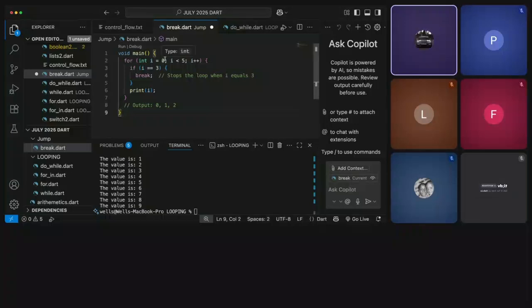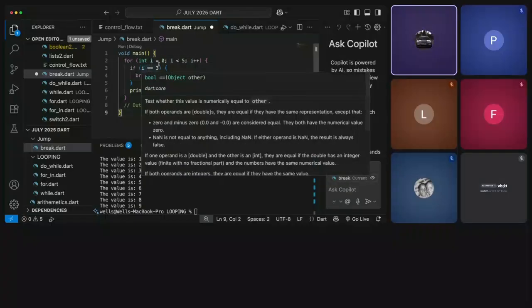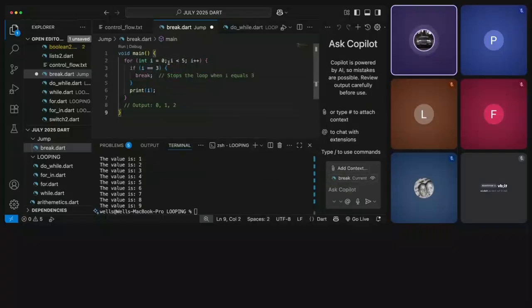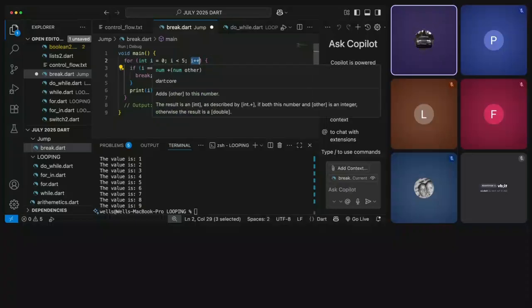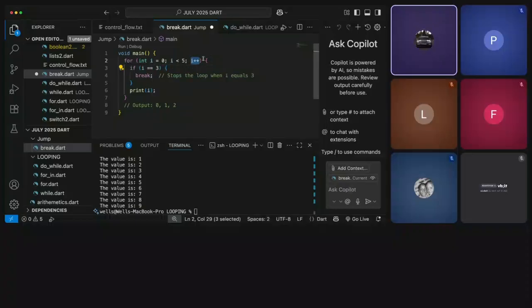Now here, this is a for loop basically, and it starts with i. You see, in our initializer, tumeset the variable i to 0, si ndio? Alafu coming to our condition, tumesema i should be less than 5, and then we're going to have an increment of each value by 1. Haya. So the values of i will be